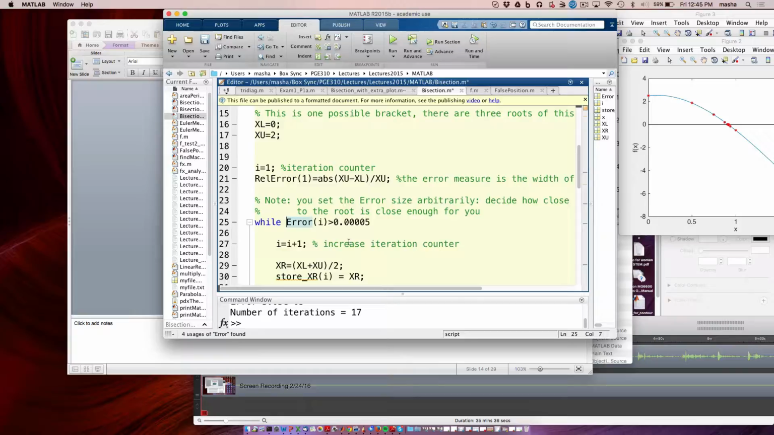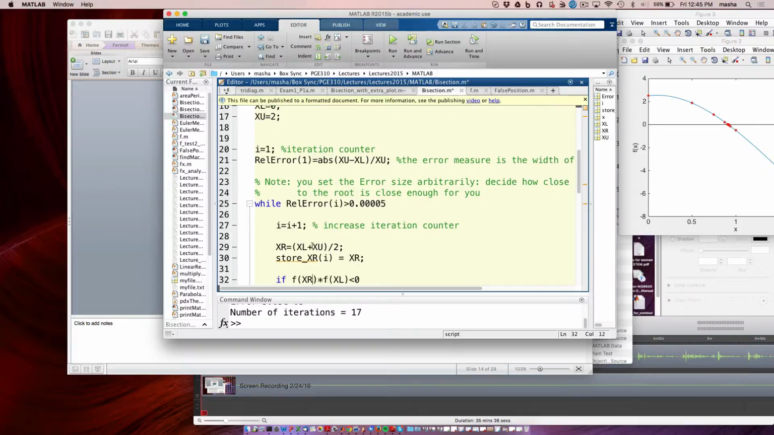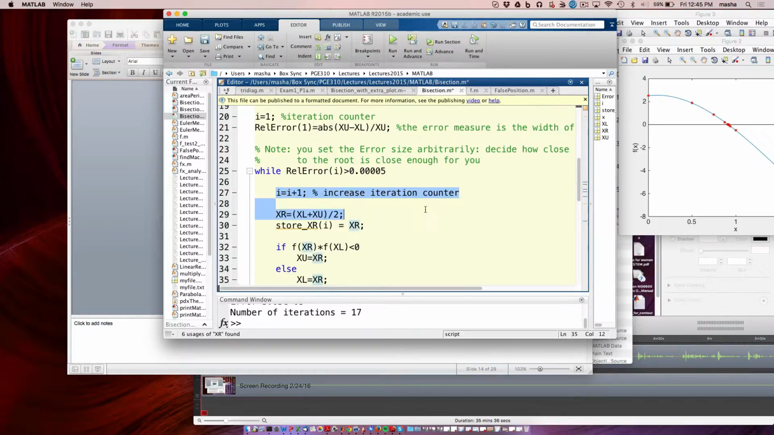And then I can say, okay, while relative error of I is larger than whatever it is that I pick, in this case, it's 5 times 10 to the minus 5. Okay. I want to record this error, so I'm actually adding this iteration counter. And I'm setting my XR to be this value. And I'm storing also XR because I want to plot it for you at the end. So I'm storing the current value of